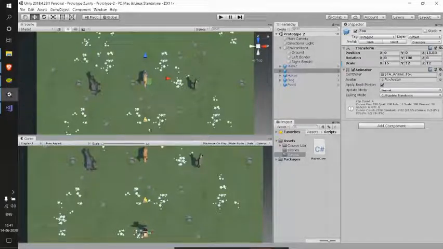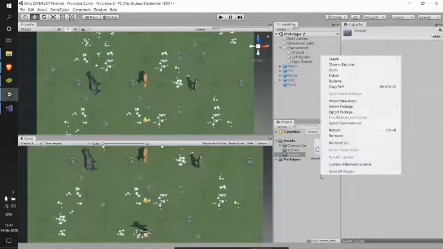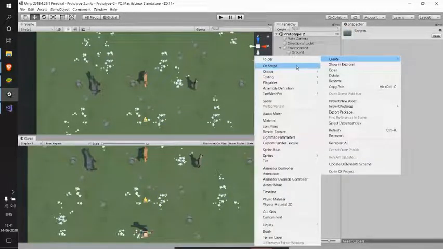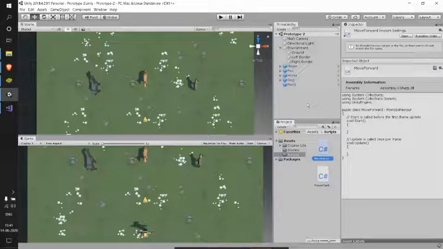So now our target is to move our food somehow. To do that, that's an extra behavior, right? So we'll be needing a script. Let me create a script called MoveForward.